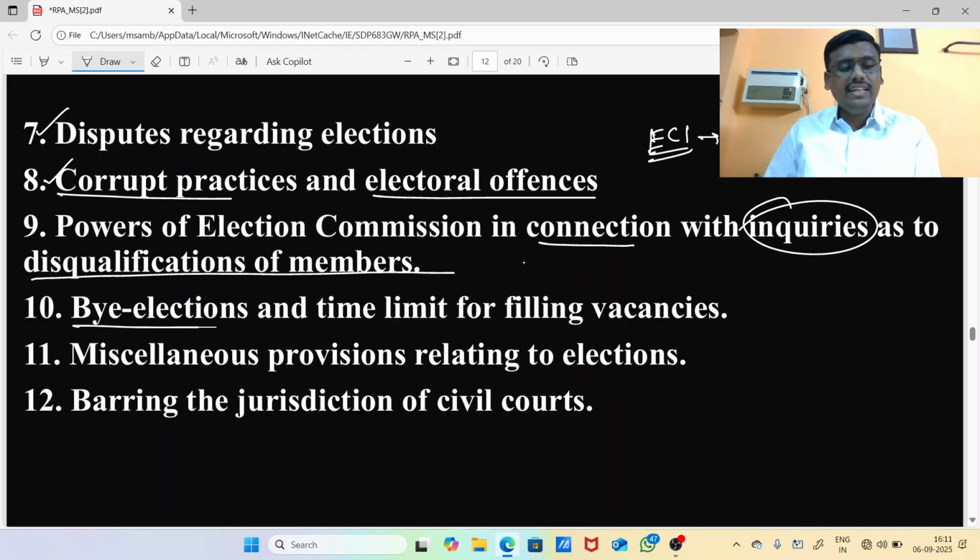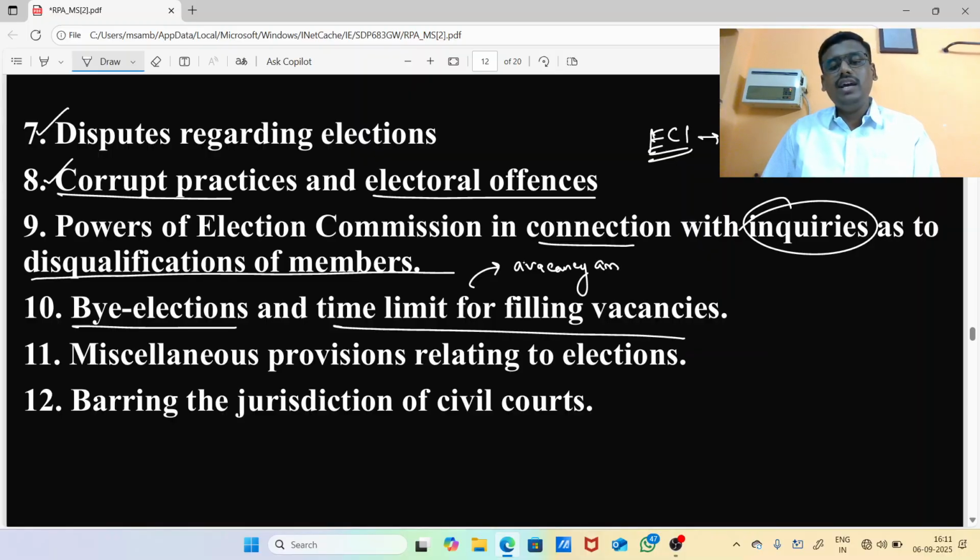And then by-elections and time limit for filling vacancies. If a vacancy arises, fresh election to be held within 6 months. Like we have studied in Panchayati Raj institution, if the tenure of the Panchayati Raj institution is 5 years, if it is disqualified earlier, a fresh election to be held within 6 months. The same pattern is being followed. This is the pattern which is followed there. So in 6 months, there should be a fresh election, and the time limit